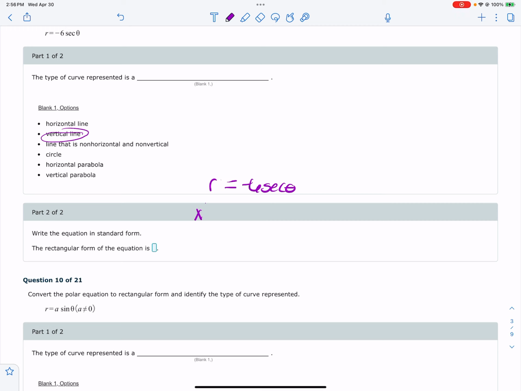So I would need to square both sides and get x squared plus y squared equals 36 secant squared theta. And secant squared is 1 over cosine squared theta. So we have x squared plus y squared equals 36 over, and cosine is r, ooh,